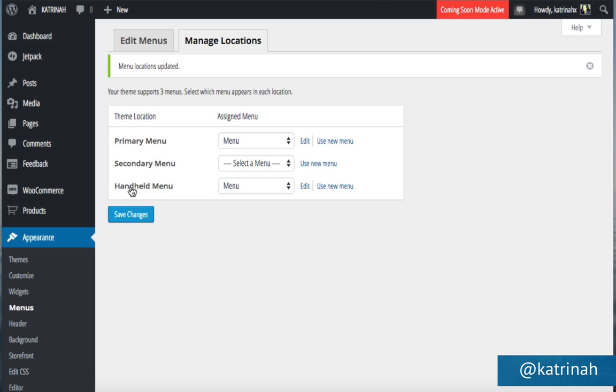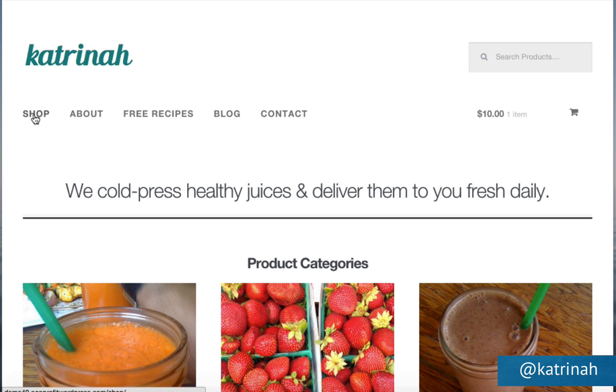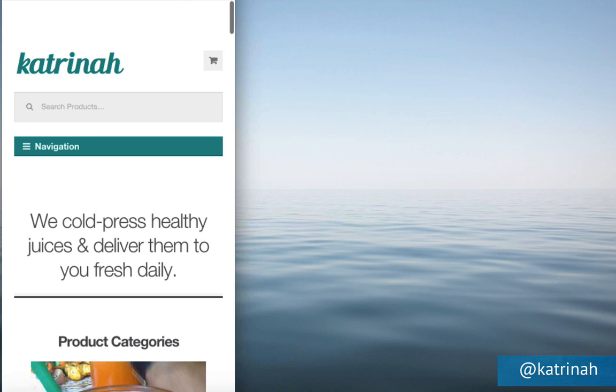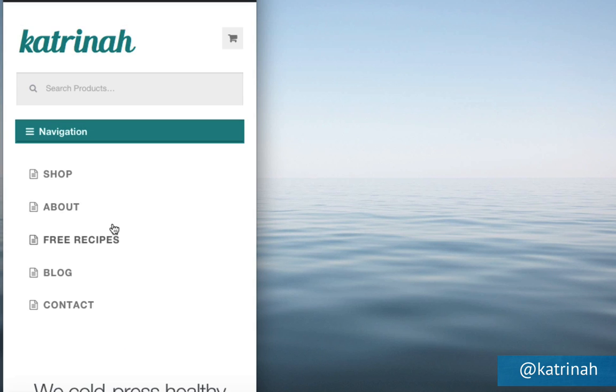So now when we go to our site to visit our site, I'm going to go up to the top and click on Visit Site, and here we can see we have our primary menu, and our menu is actually going to be displayed below our logo. So note that on this particular version of the storefront theme, when I reduce the screen size so that it is a mobile device view right here, now when I click on this, now we can see the menu display within the mobile responsive view, which is exactly what we want.